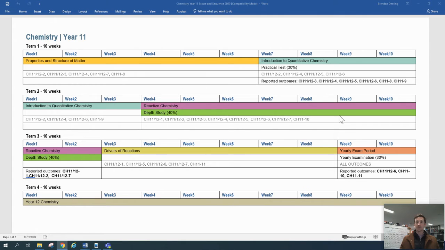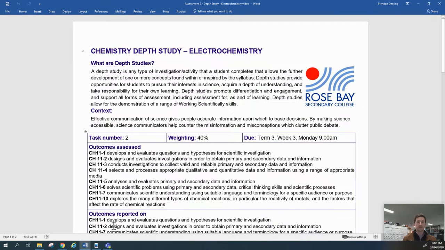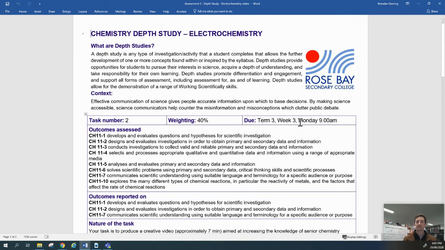Now that we are definitely well and truly back into doing our at-school lessons, the students are currently looking at this depth study. So what I'll do is I'll bring up this because it is the major assessment task in Year 11. There are only 3, so the third and final one is the yearly exam. So this one does have the majority weighting at 40%, and it is going to be due in week 3